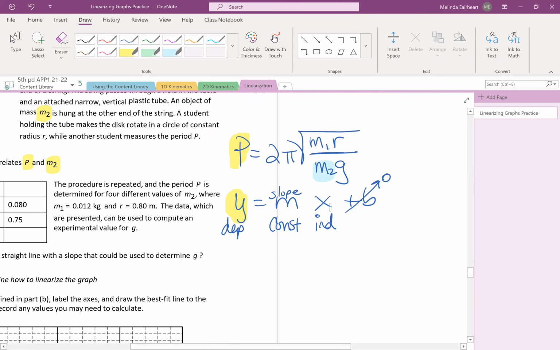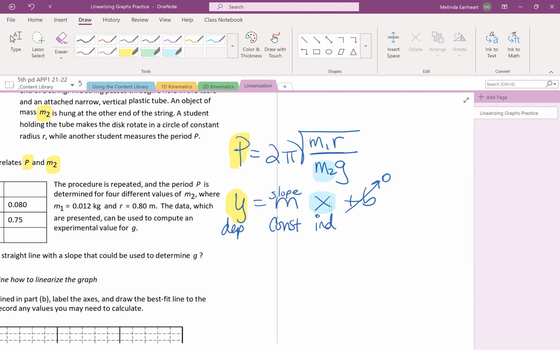M2 needs to line up with that independent variable. Well, look at all the other variables. 2, pi, M1, they gave us one number for. R, they gave us one number for. And then G, we know is a constant. Everybody else is a constant. And so I need to pull everybody else away from that M2 so that I can have them as a